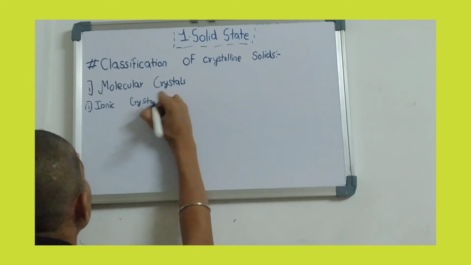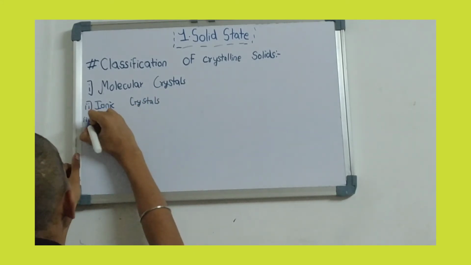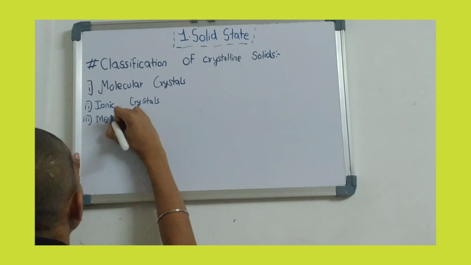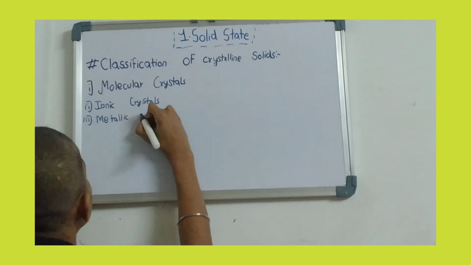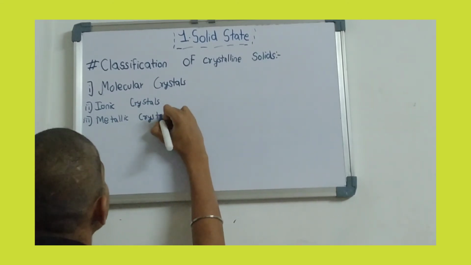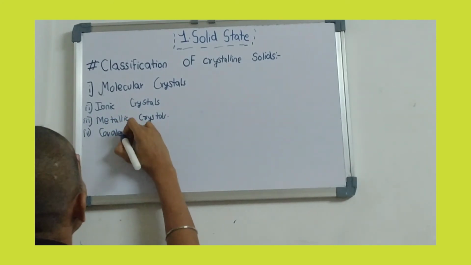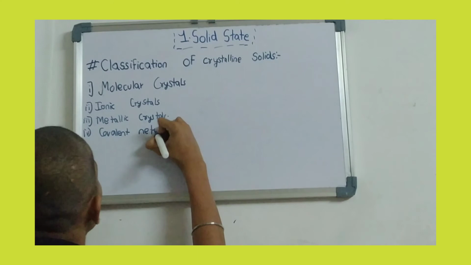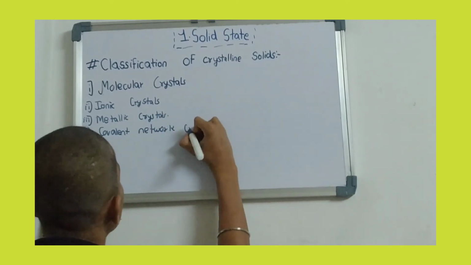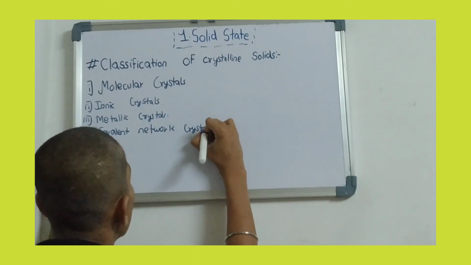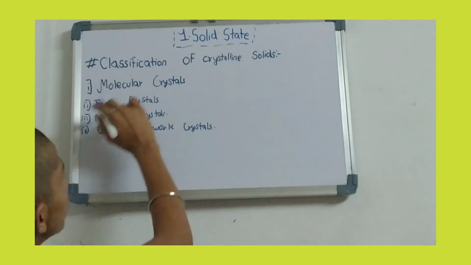The third one is metallic crystals. And the fourth is covalent network crystals. These are the four types,